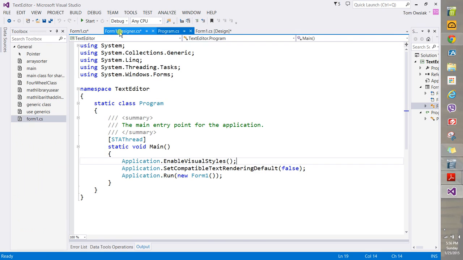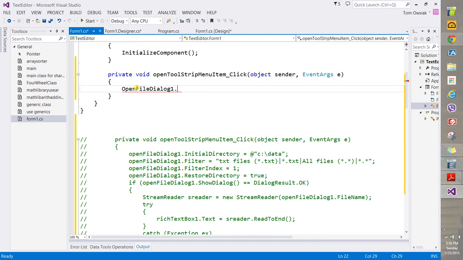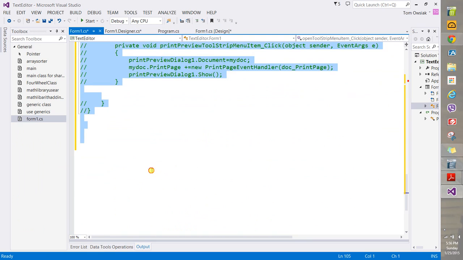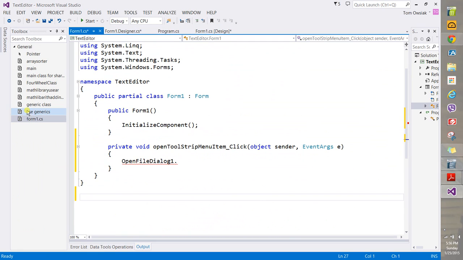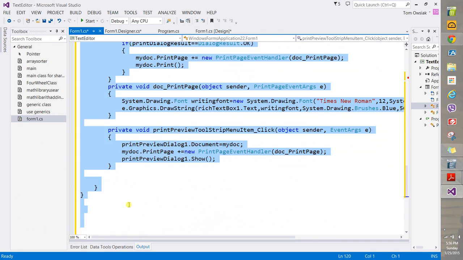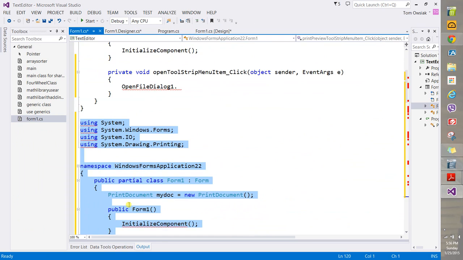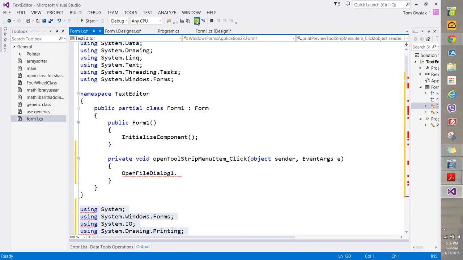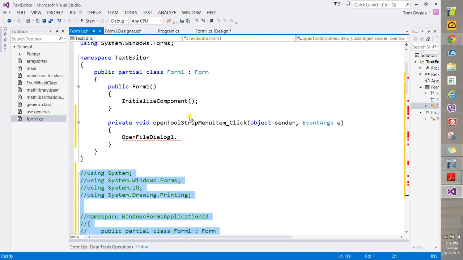Alright, and now you're going to come back here. Okay, so let me delete this code, and let me drag a fresh copy of it back in here, and you can always do that. Alright, now also, to make our code work,